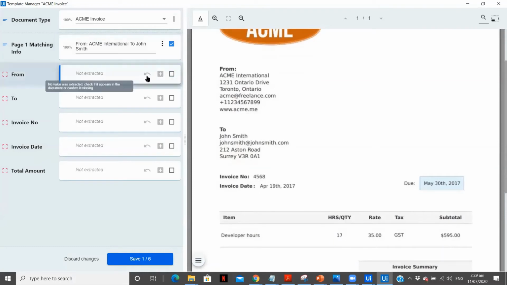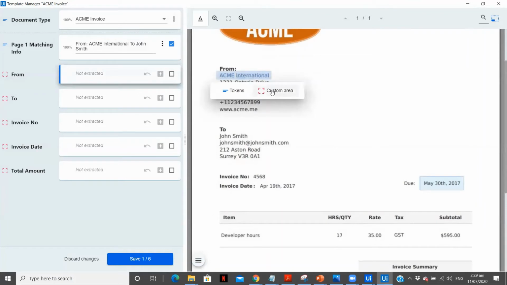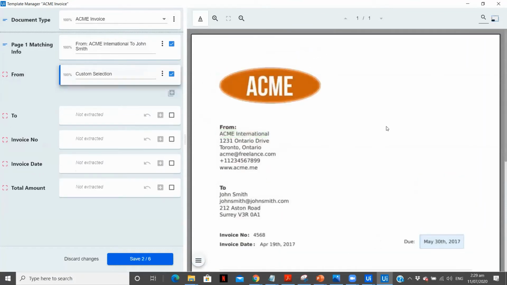Now, 'From' is in this particular section. So I will go over here and drag this particular part, you can see the text inside is getting highlighted, and select it as a custom area, and I will click the plus sign. So this is how I am specifying the area or the place in my document where I will be getting that particular information.